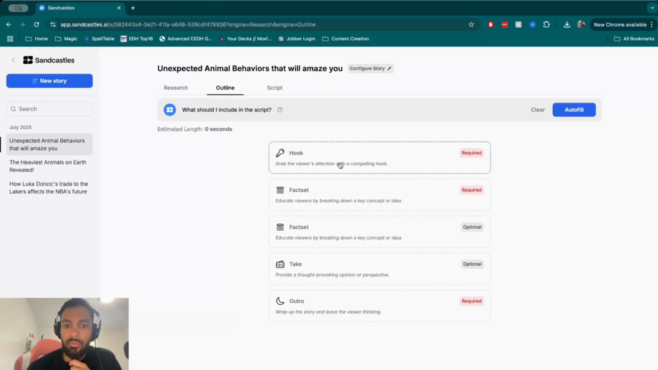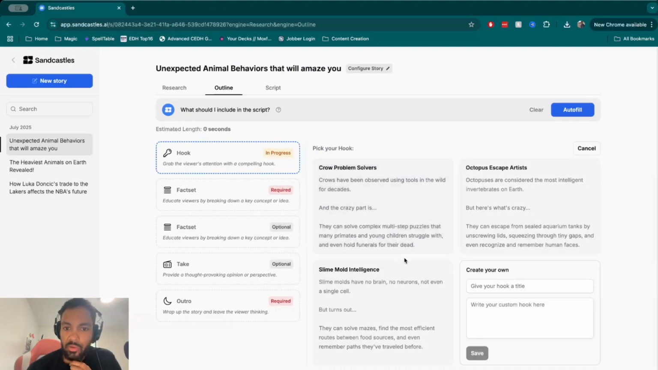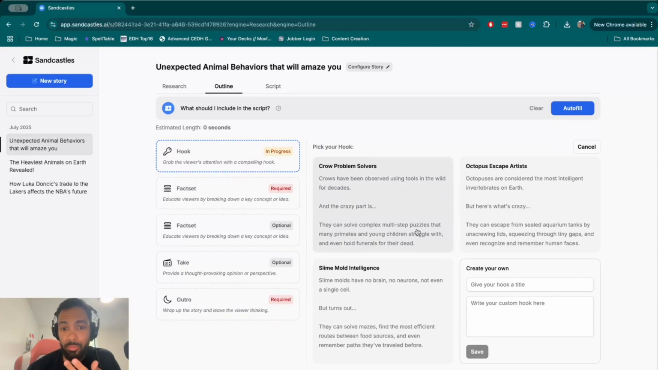So going over to the hook, take a look at the hook. As you can see, it comes up with 3 pretty solid hooks. We'll take a look at them. Crow problem solvers. Crows have been observed using tools in the wild for decades, and the crazy part is they can solve complex multi-step puzzles that many primates and young children struggle with, and even hold funerals for their dead. This is a pretty good hook. This uses a lot of the things that he talks about in his videos,